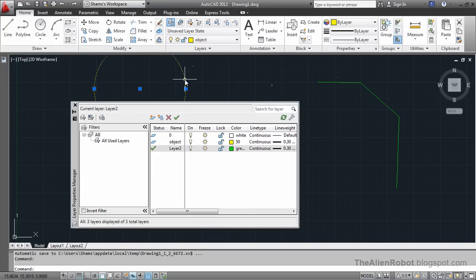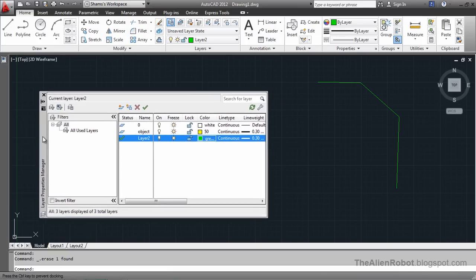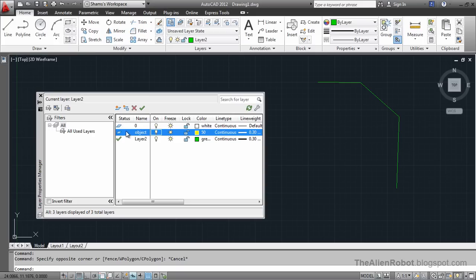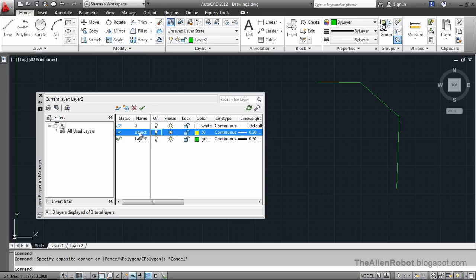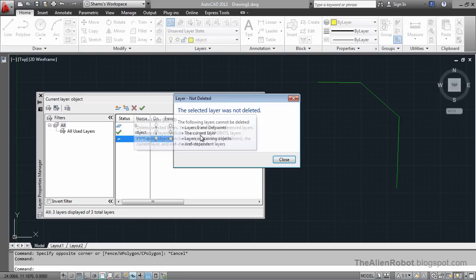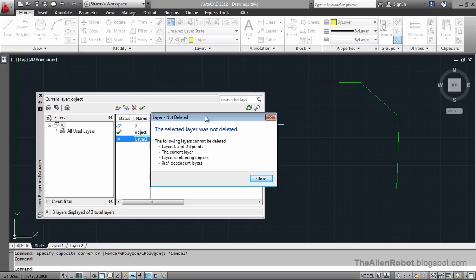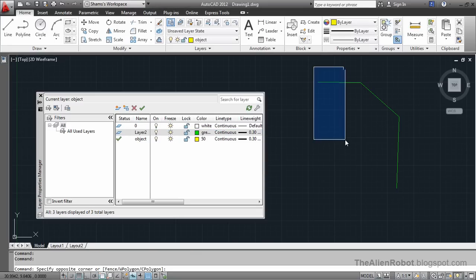Now let's delete this layer. Anytime we know we don't need a layer, we could select that layer and just click this X to delete it. But first, if we double click on the name of any layer, it changes to the current layer, and we can delete that layer by pressing this. And here it pops up that the selected layer was not deleted. That's because the layer was not empty, and we can't delete a layer that is not empty. I'm going to close this, select all these geometries here, delete them,